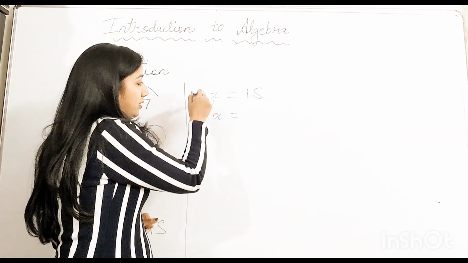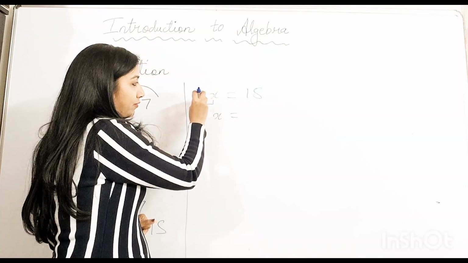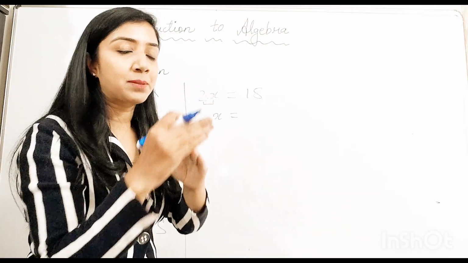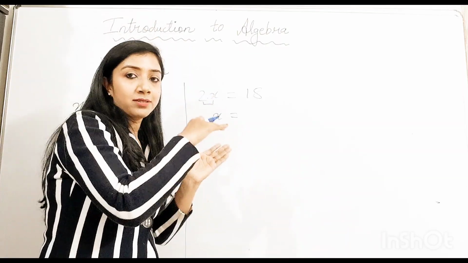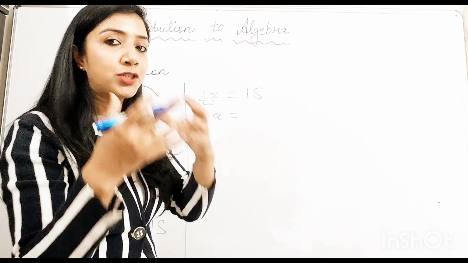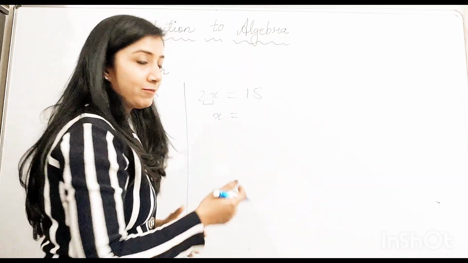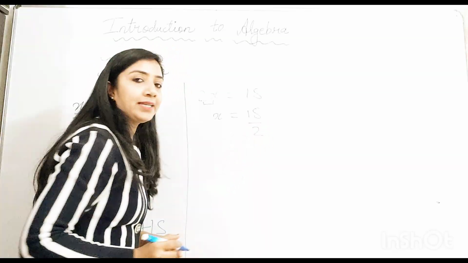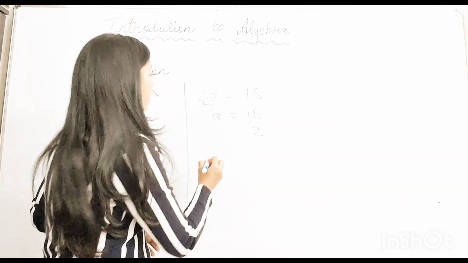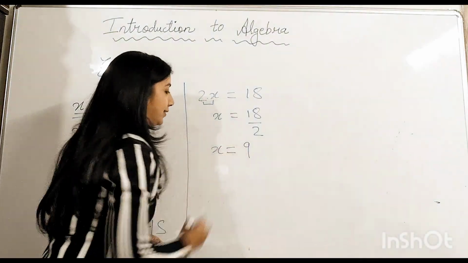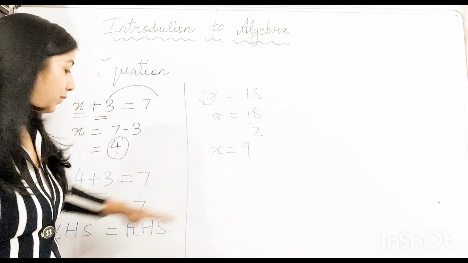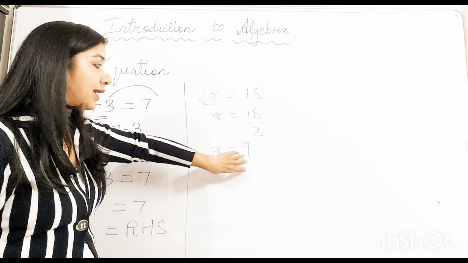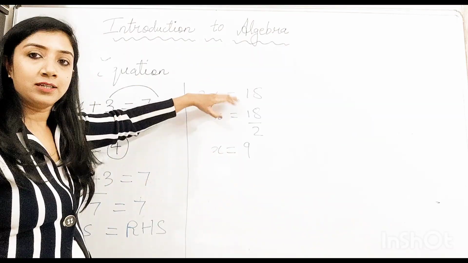When we move this multiplication, the left hand side 2, to the right hand side, this will go to division. Addition will become subtraction, subtraction will become addition, multiplication will become division, and division will go to multiplication. Fine. So this 2 will go to division. So when you do 18 divided by 2, you will get the x value as 9. Okay, now again the same thing, the way we did in the previous question, we are going to check. We will apply this x value in here.